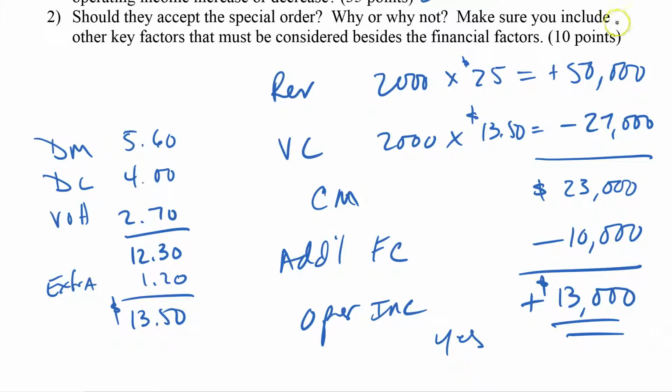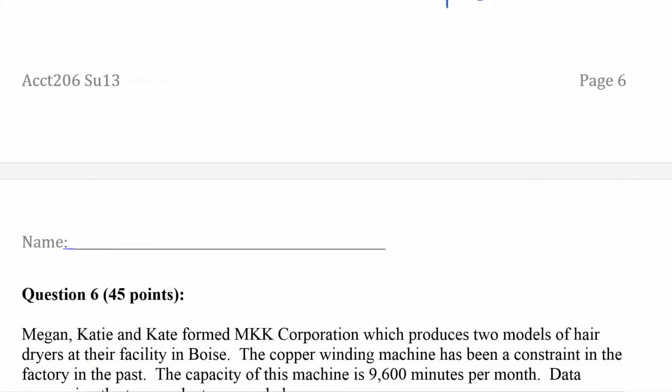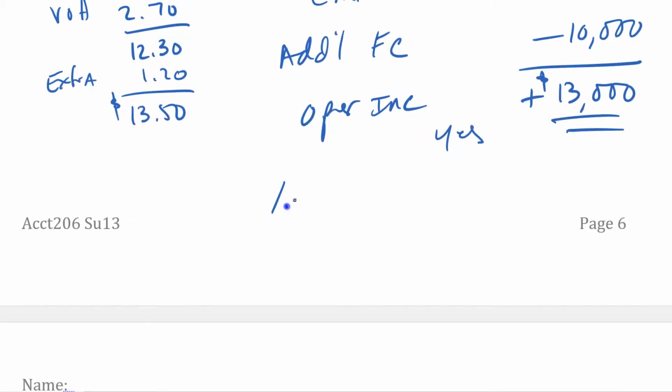However, there are some things we want to include when we make this decision. So there are some non-financial, or potentially non-financial factors that we'd want to consider. And you'll want to make a note of these, right? One of them is, do we really have the idle capacity? Okay, so I think this problem said we did, but that's something we would always want to consider. That's not always easy for firms to tell unless you're really running under capacity. So you'd want to make sure, yes, in fact, you do have the idle capacity. You're not necessarily paying overtime for employees to do this, or if you are, you're at least factoring those